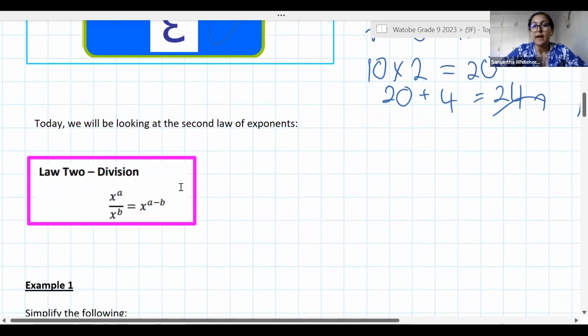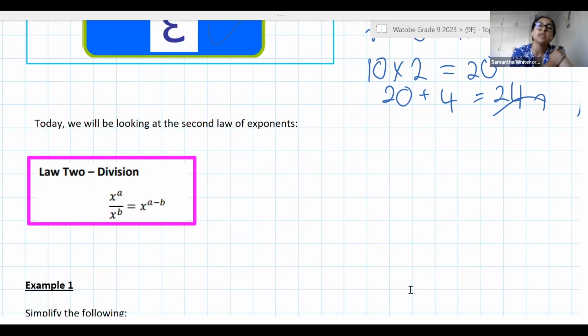So on Tuesday, you had a look at the multiplication law for exponents, and that law says to us essentially that we add our exponents together when we are multiplying. Our second law of exponents is working with division. And what this law tells us is that when we are dividing with the same base, we can subtract the